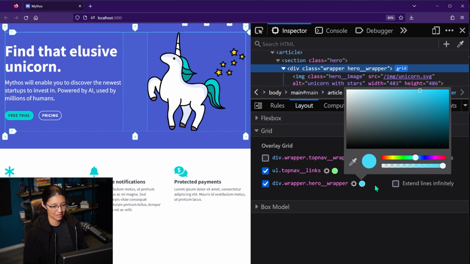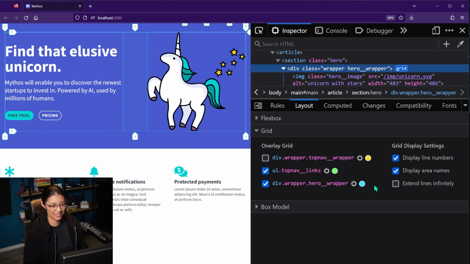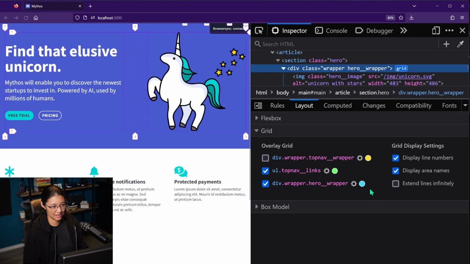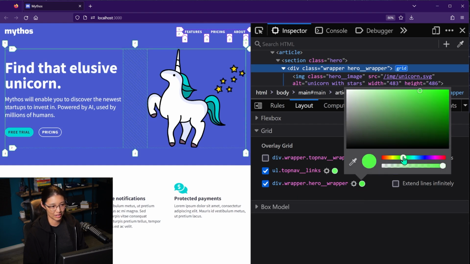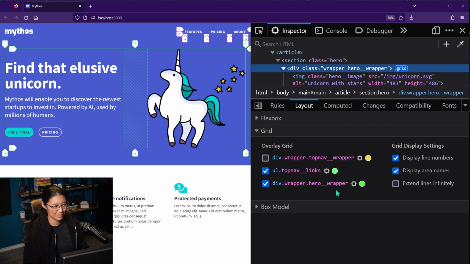I will say that this is actually pretty buggy. It's one of my annoyances with using this inspector tool because you can change the color, but if I reload the page while the highlighting's on, then it's going to default to this purple color that you can't really see. And you can make the custom color come back if you toggle the checkbox, or you can just choose a different color. But it is one big bug in the grid tools that's not too great.